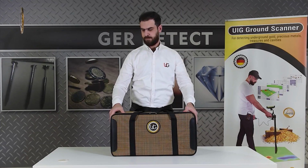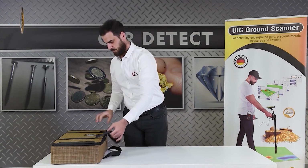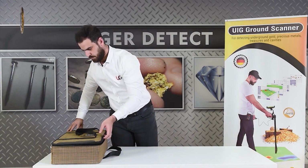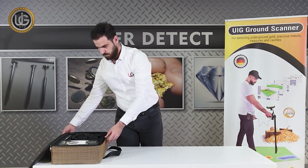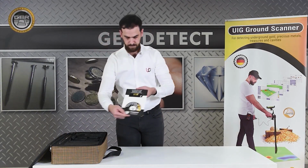we will give you a detailed explanation on how to install and use the UIG Ground Scanner. First, we open the device case and introduce the device with all its attached components: a carrying bag for the device protection, 2-year warranty card,